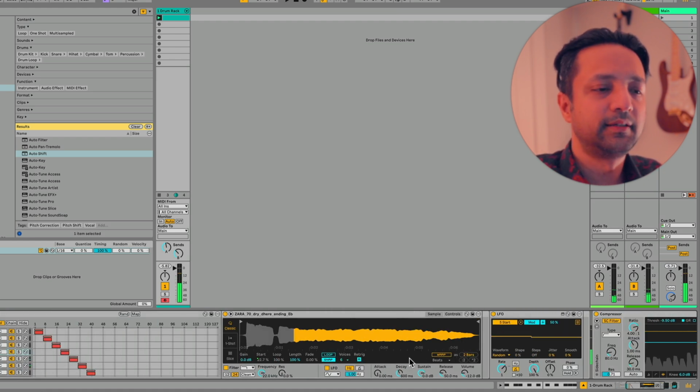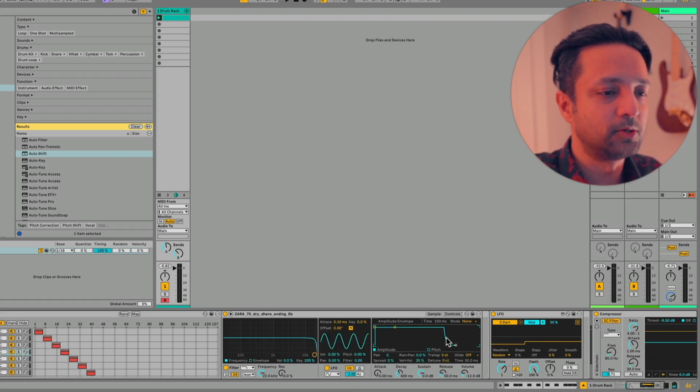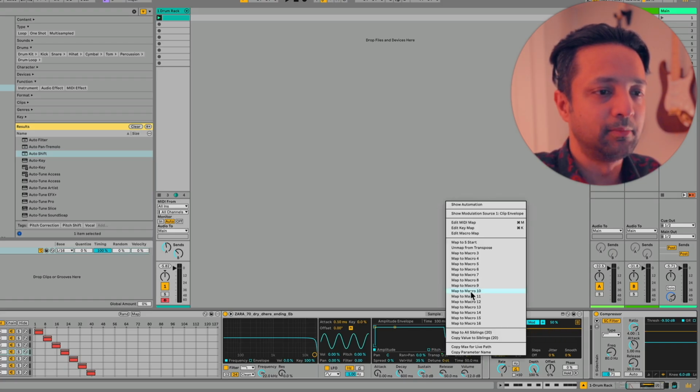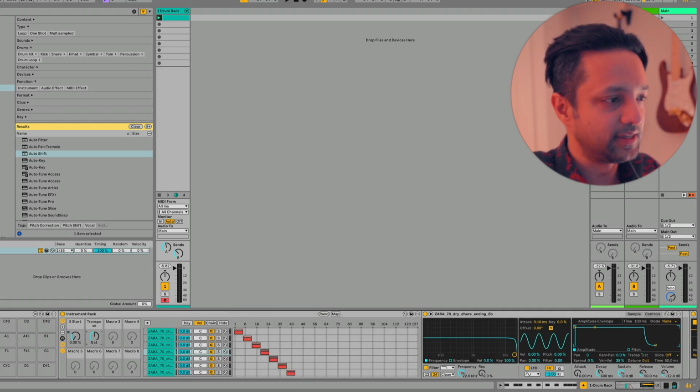I want to further refine this. I want to have the ability to also transpose the pitch of all these samples. So under controls here, we have transpose. So let me map that to macro 2. And I'm going to right click the same thing and map all siblings. So there's 20 of them. They all are mapped to this transpose here. So if I set this to 12 or negative 12,